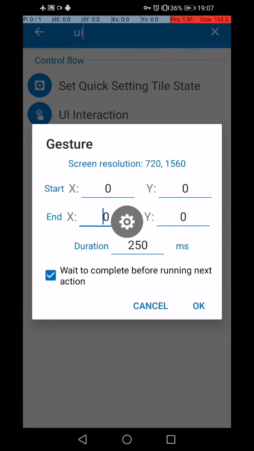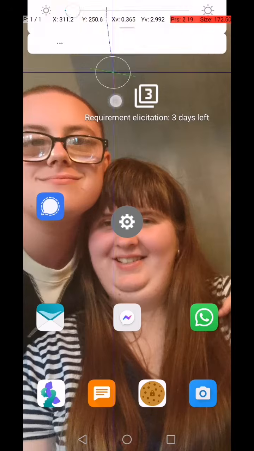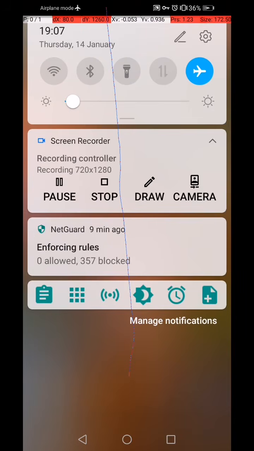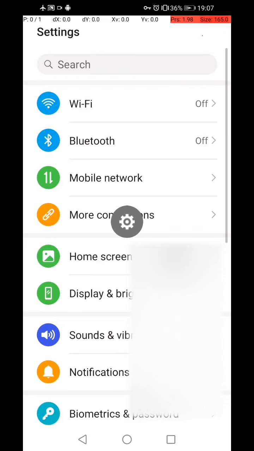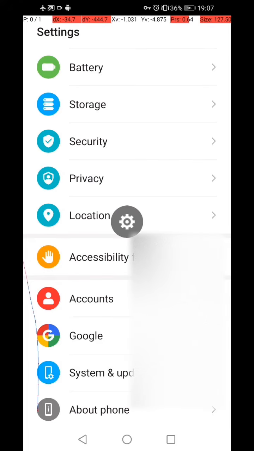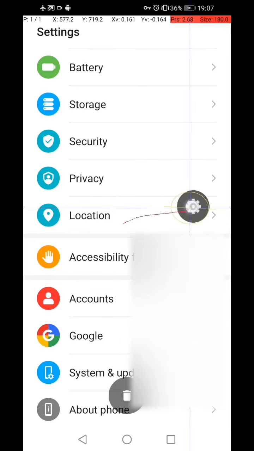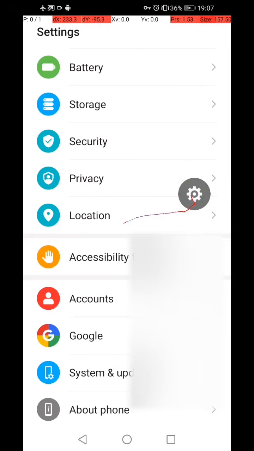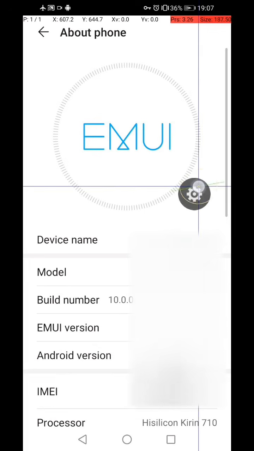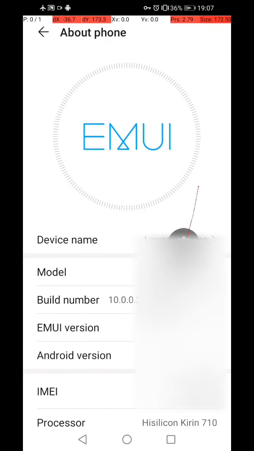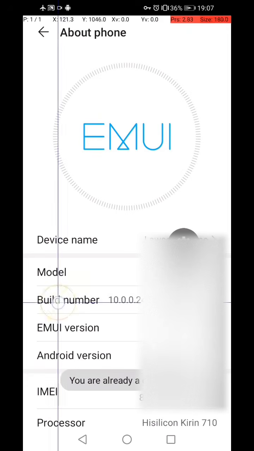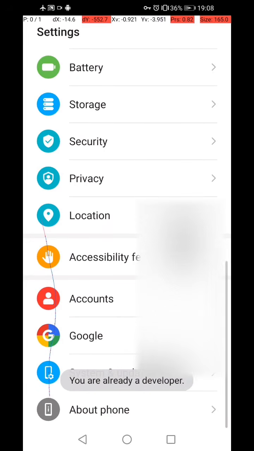So what we're going to do is go to the home screen and swipe down your notification area, press settings. Scroll down, all the way down. I'm just going to move this floating button slightly. About. And then click build number 7 times. I've already done this, and if you've got developer options already, then you don't have to do this little bit. Then go back, and on stock Android,